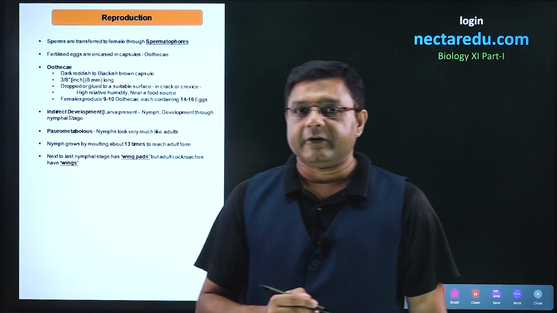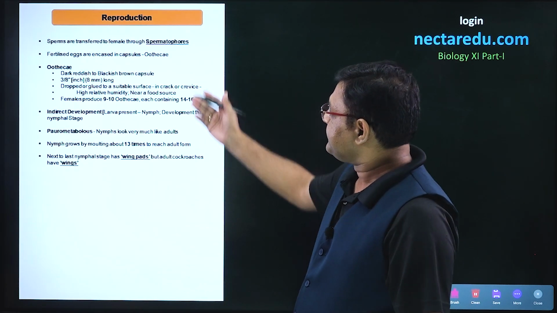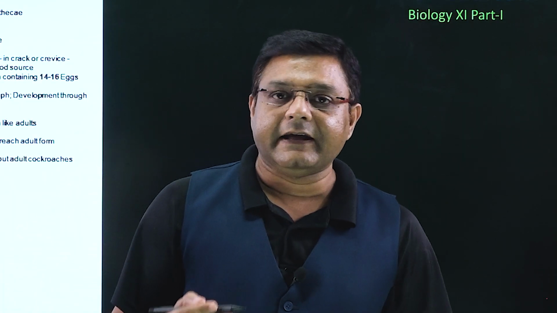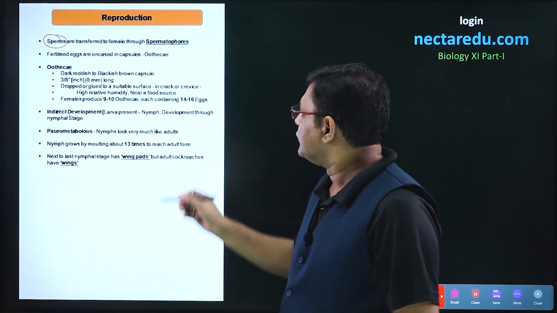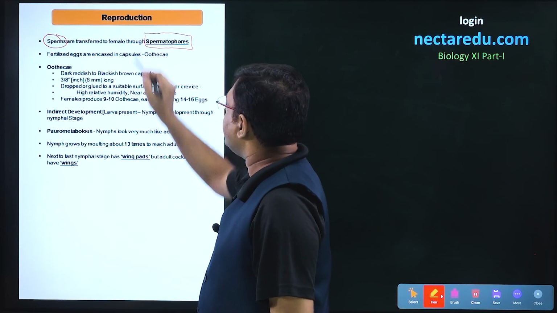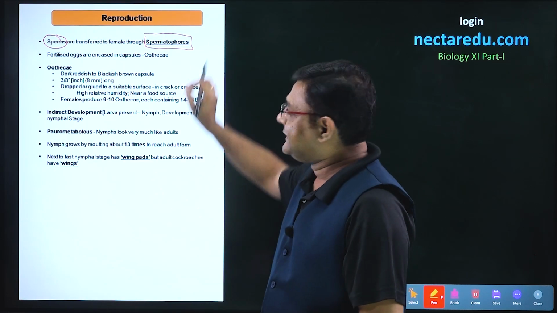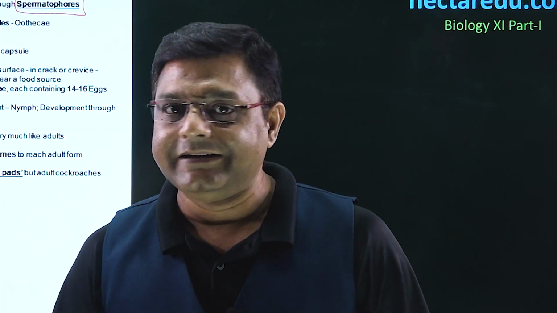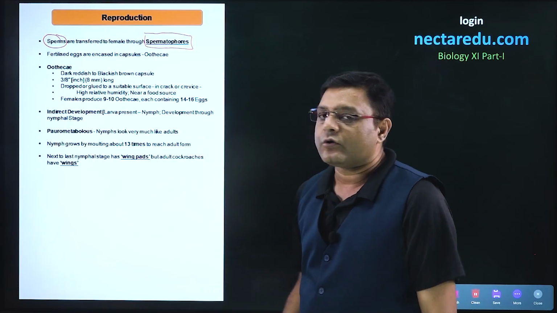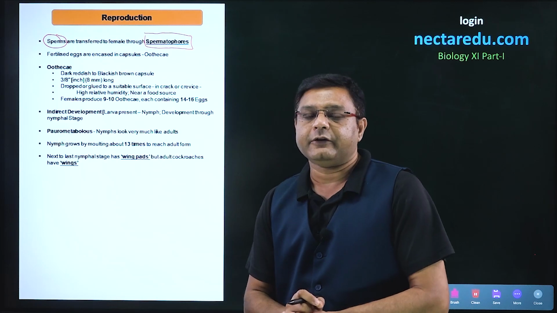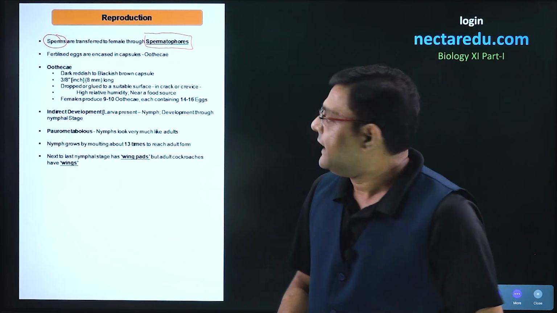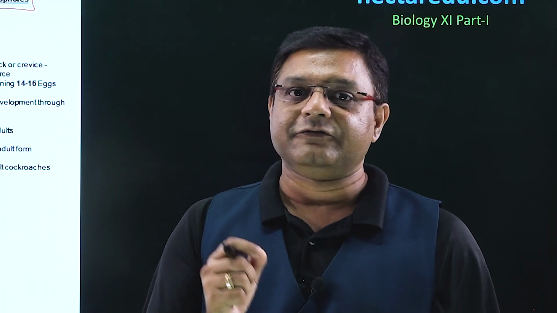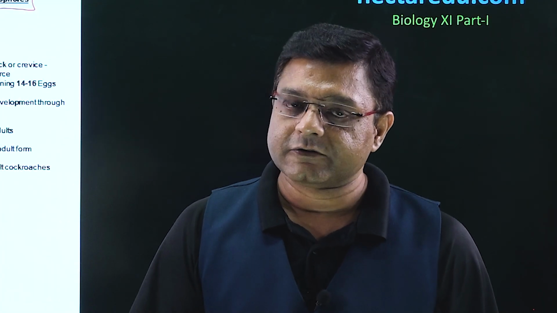Talking about the process of reproduction in the case of cockroach. Now, sperms were produced by the male cockroach and sperms were glued together to form a structure which is called spermatophores. These spermatophores came out of the male cockroach from the male genital pore, and the male cockroach leaves these spermatophores on the female cockroach. The sperms which are present in the spermatophores fill the spermatheca of the female cockroach.